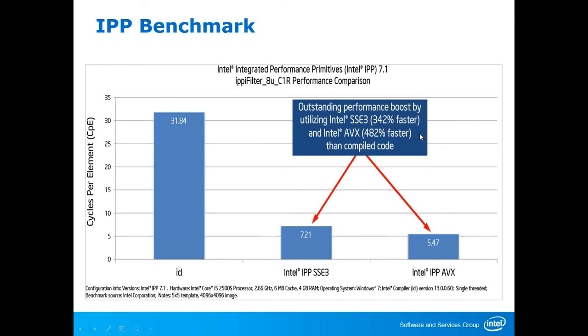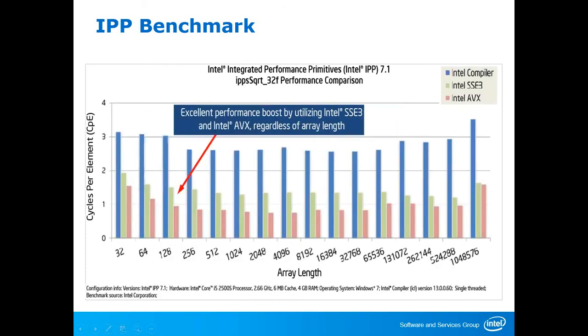Another benchmark, here it is the IPPS square root 32 floating point operation. So with various array lengths between 32 and 1048576, that is the length of the array, these are the outputs which are seen. You can see that the dark line, which is compiled by the Intel compiler, has always taken more time